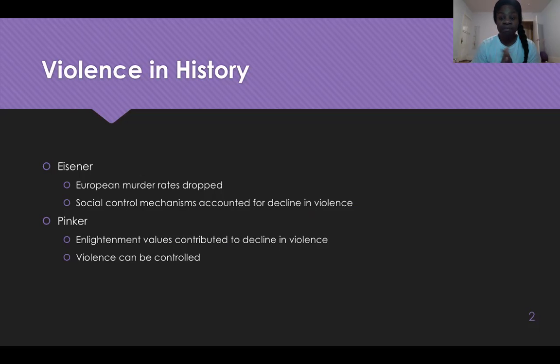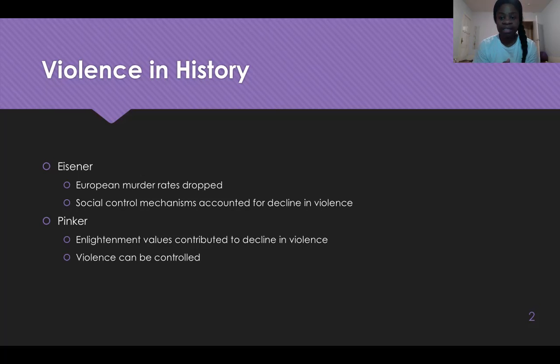And then five, lastly, Walsh and Jorgensen want us to be able to evaluate the sociological, the evolutionary, and the neuroscience theories of violence and their common lessons, the lessons that we can find across all three. Sound good? So our chapter actually begins with violence in history, a brief history of violence throughout the centuries.